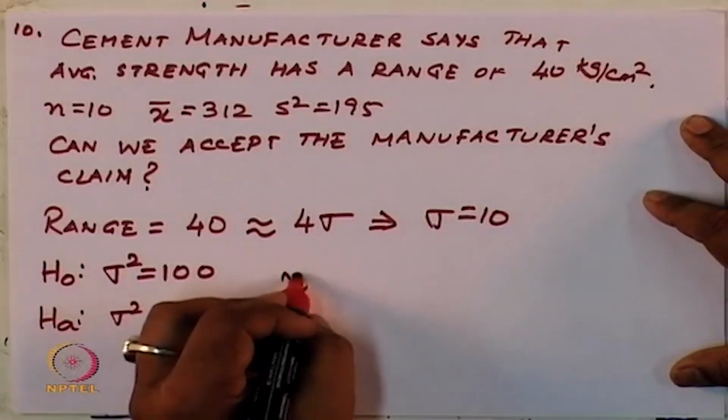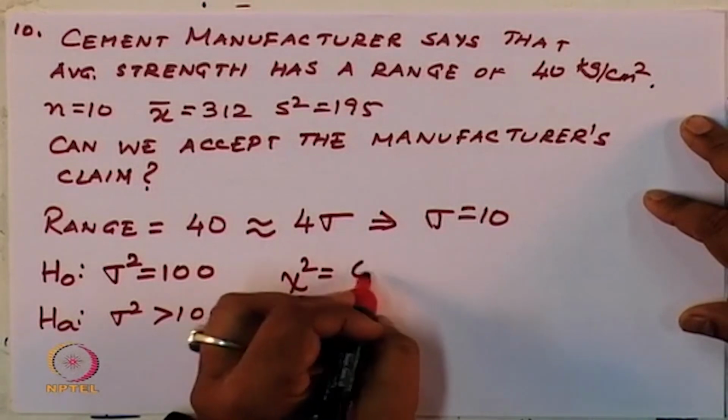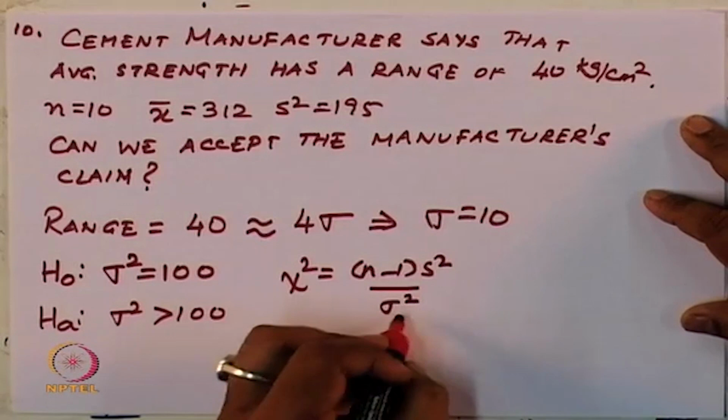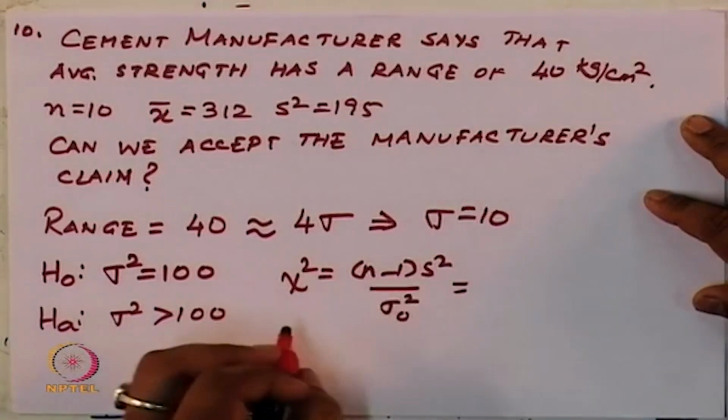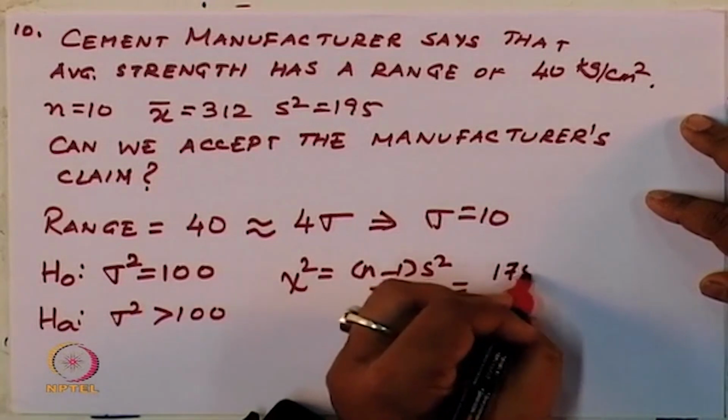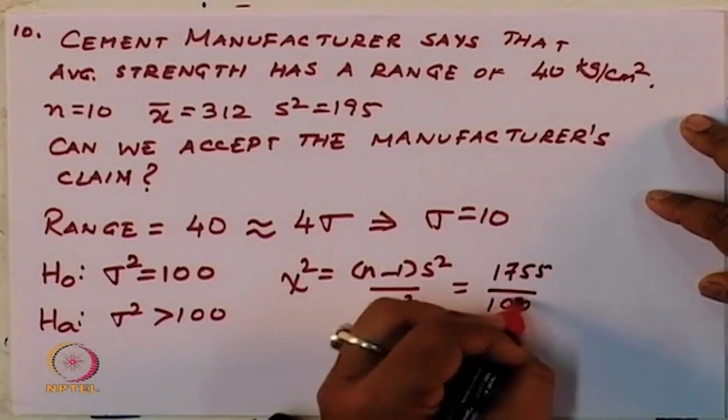Okay. So, you can calculate the chi square statistics, which is n minus 1 into s square by sigma naught square, okay, which is 1755 by 100,